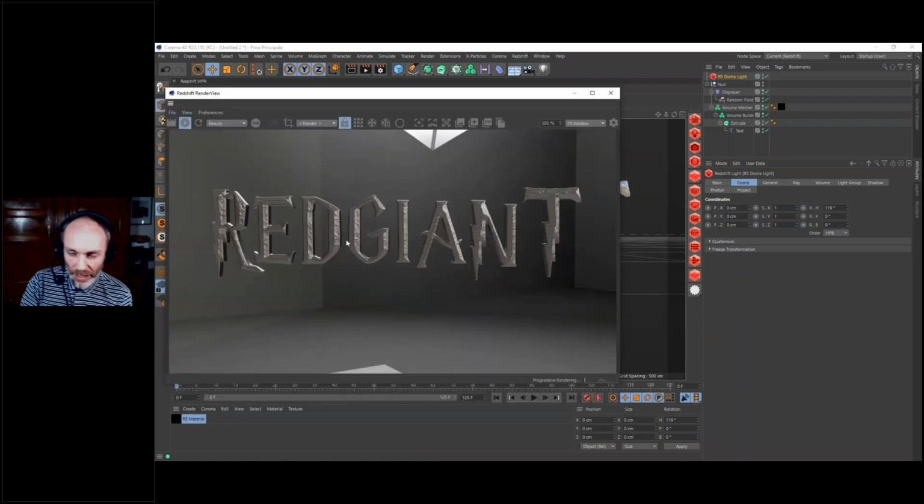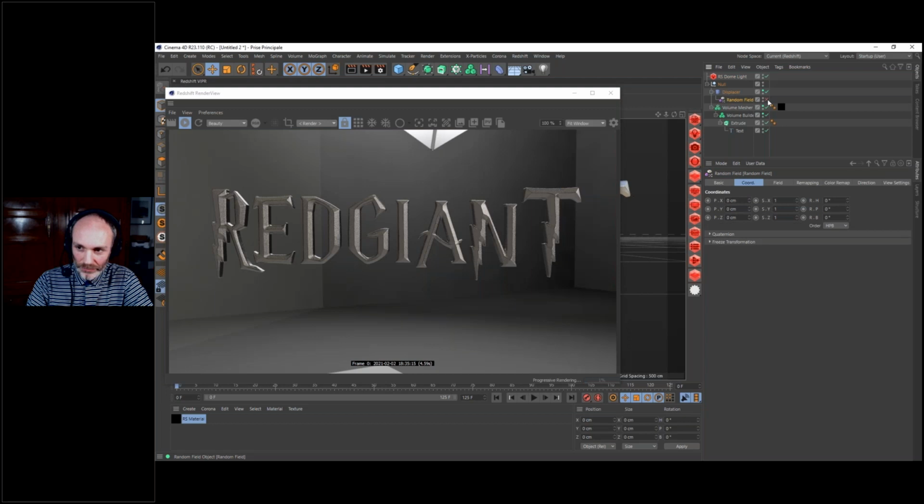Okay, so we have our material and our dome light, and we can see here the effect of our random field. Something I could try already here: if I just deactivate my random field, I won't have all those cavity details on the type, and you can see the rendering is very different. Obviously, the texture is going to have a huge effect on your lighting.